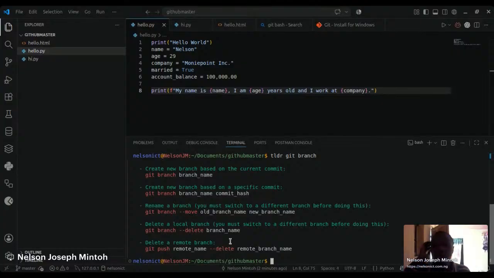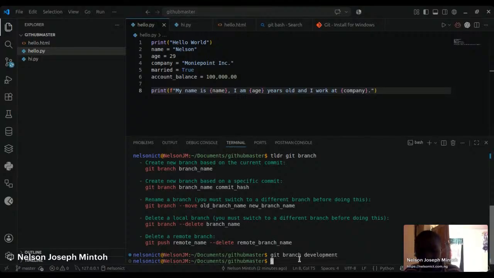So let's try to do this. We are not working remote, so we are working on our current branch. First, we have to create a branch. To create a branch, we say git branch, and we call this branch name development. So we have the master branch, we have the development branch. Good. Now that we have created a new branch,